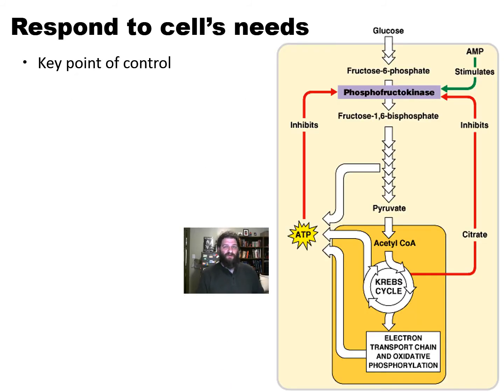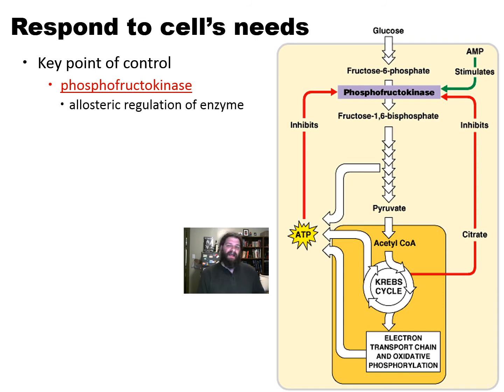That all-important critical control point of an enzyme is phosphofructokinase. It is allosterically regulated by the product of cellular respiration, which of course is ATP. Now the weird thing, being a kinase, phosphofructokinase also needs ATP as a substrate. So what that means is it is both a substrate and an allosteric inhibitor. What this does is it means there has to be just the right amount of ATP around. If there's too much, then it stands a better chance of bumping into the allosteric site and shutting the process down. But there has to be some around in order for the process to continue.